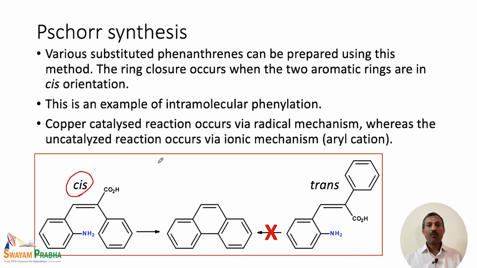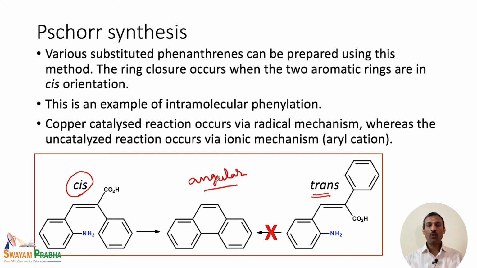That means when the cinnamic acid is formed, only the cis cinnamic acid can be converted to the phenanthrene derivative. If we isolate the trans isomer and try to cyclize it, that is not going to give the phenanthrene derivative. So this is a confirmation that our structure of